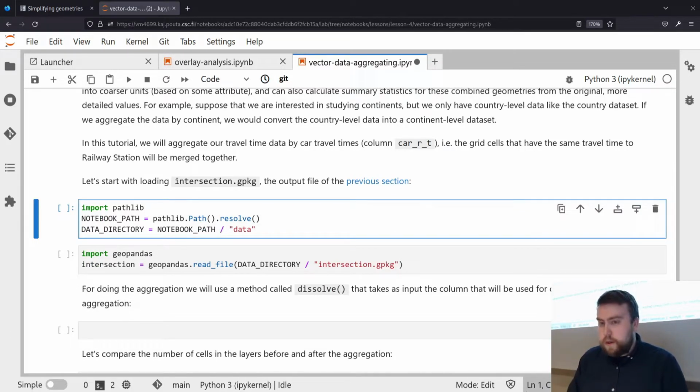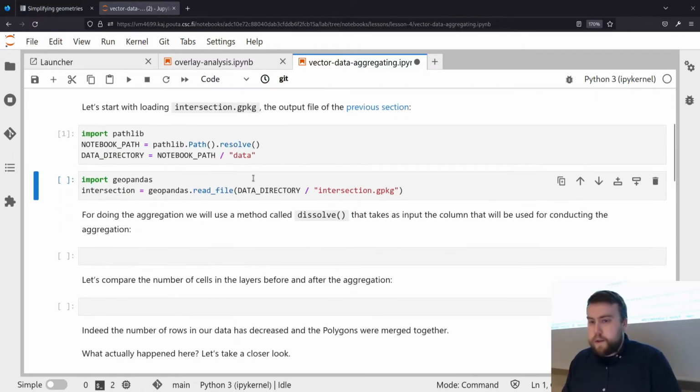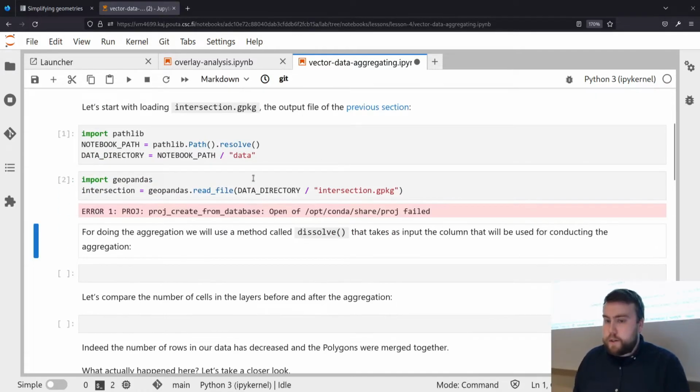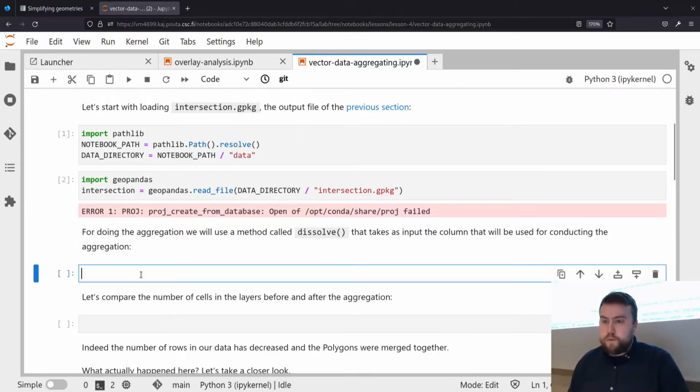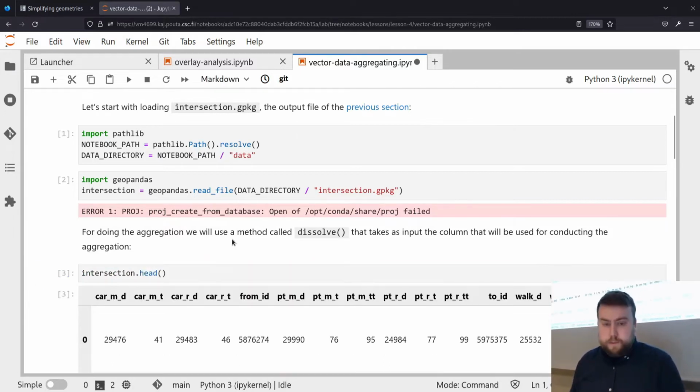Again, start by getting our file paths in order and reading in our intersection data that we have. So let's just, for good practice sake, take a look at our data, see that it's what we would expect. And so what we will be doing here is